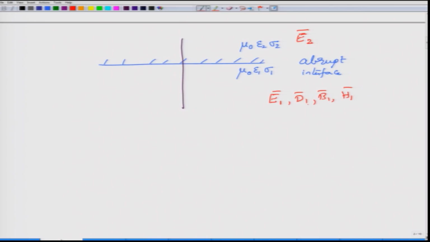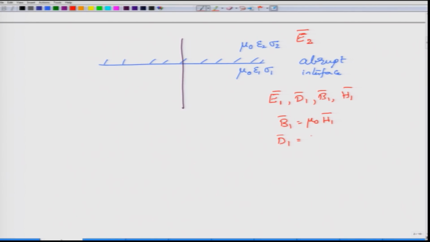But if you really look at this, since we have considered only non-magnetic material, B1 is equal to mu naught H1. So, apart from this small scalar value, there is nothing really different between B1 and H1. So, we could use one of them to discuss this so-called boundary condition, whereas D1 and E1 are not normally so simple.